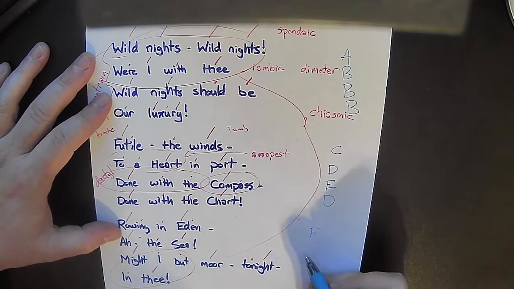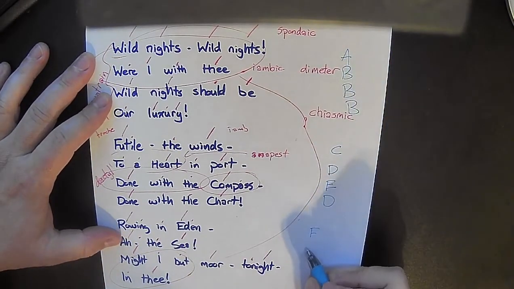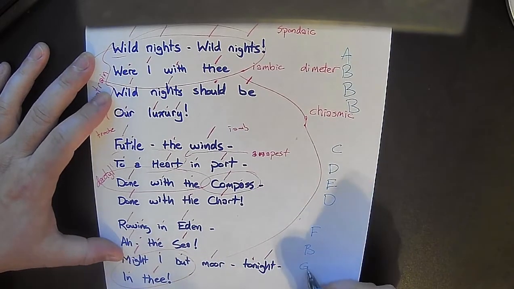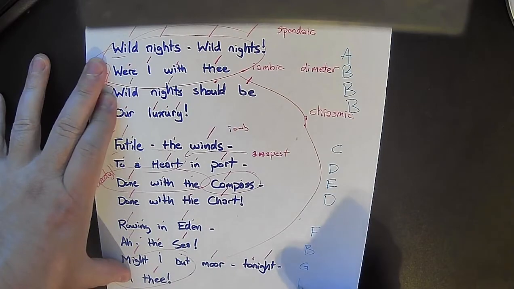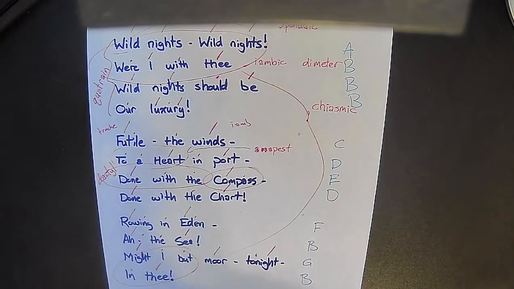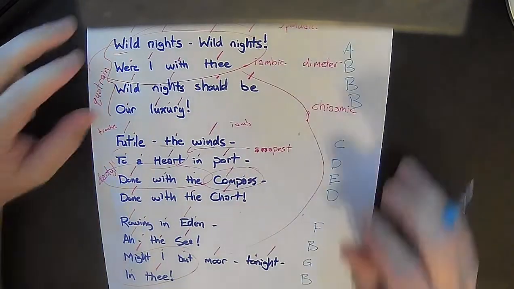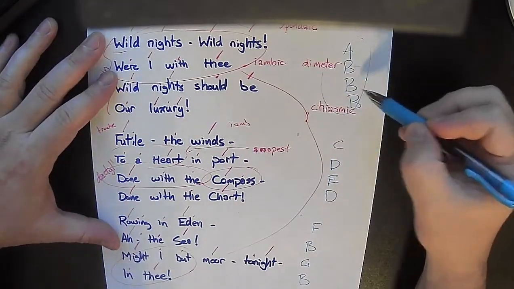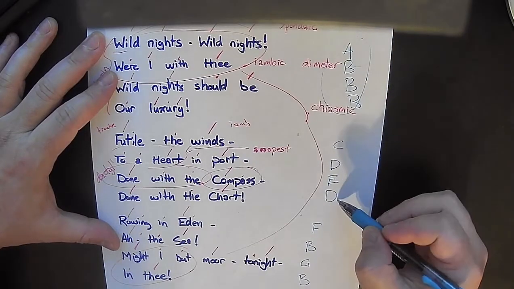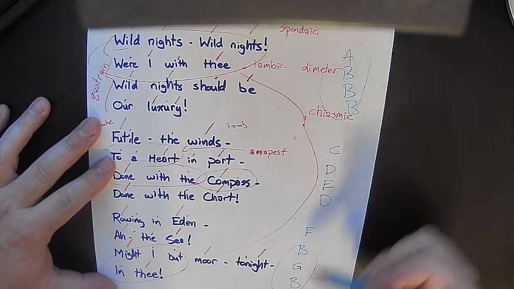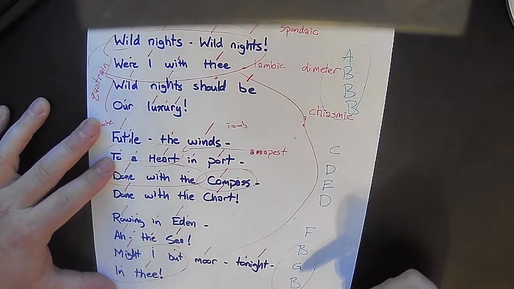The C, we're back to that original one. Okay, B. Might I bet more tonight, G. In thee. So, I'm really glad that I came back to this and reminded myself to look at the rhyme scheme, because this rhyme scheme here, the second and fourth lines rhyming, and the second and fourth lines rhyming here, second and fourth line rhyming here, this rhyme scheme with the B's being in the first and the last matches